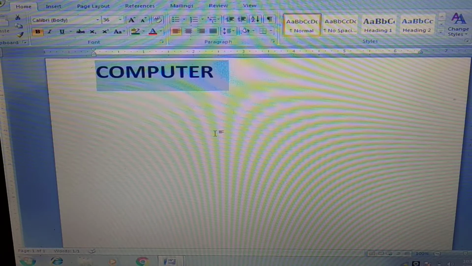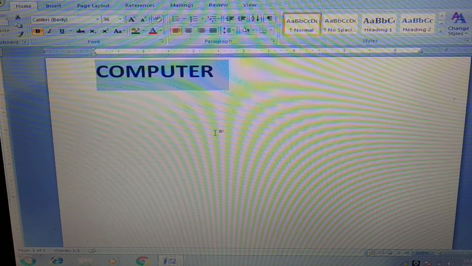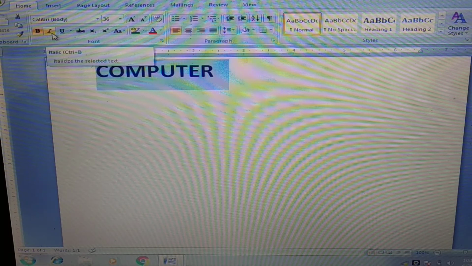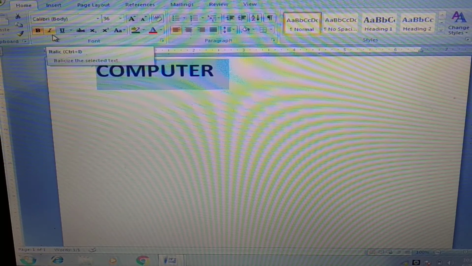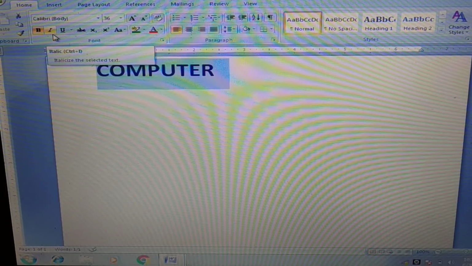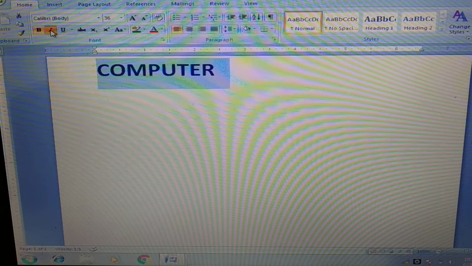Now I want to make it italics. Already the word computer is selected. So under the Home tab in the font group, directly I can go to this italics. When I am taking this arrow over the I, see another dialog box appears in which it is written italics and Ctrl+I, the shortcut key, is also given in brackets. So click on it.